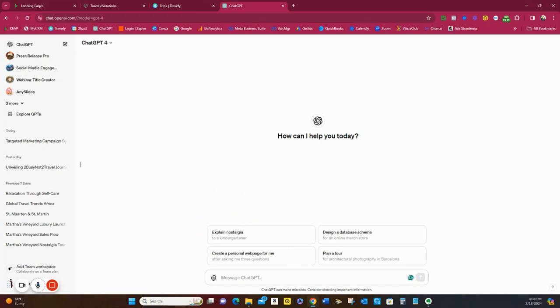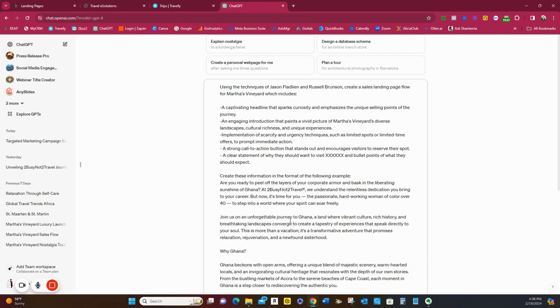This particular prompt basically keeps the format the same going forward with each of our landing pages. And in reference to that particular prompt, I'm going to post that in here. As you can see, I'm giving ChatGPT some information about what we desire. We are using techniques of Jason Fladlien and Russell Brunson, where we want to create a sales landing page flow. And of course, we're going to change the name of what we're dealing with. And we're going to say for South Africa,